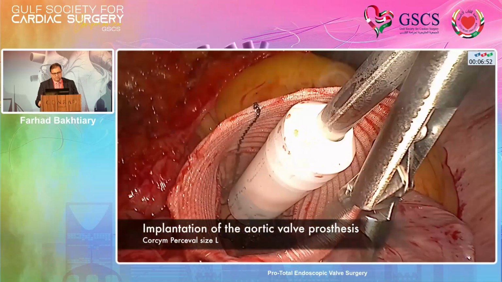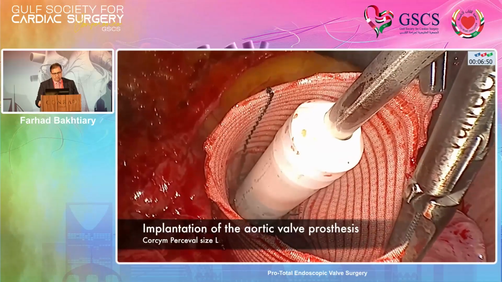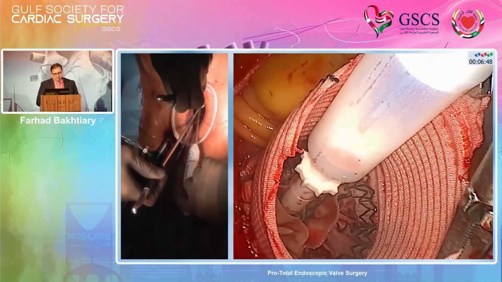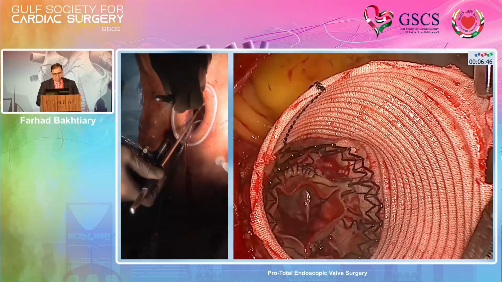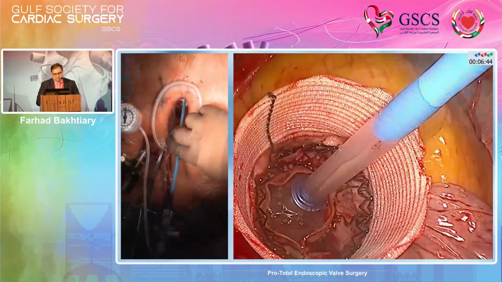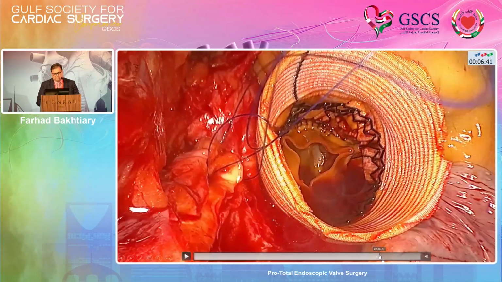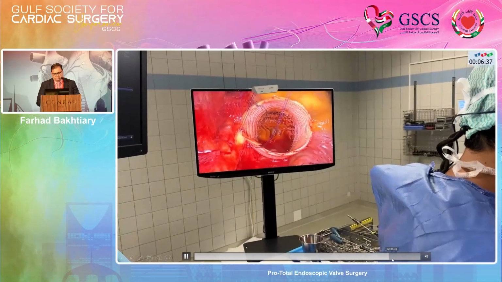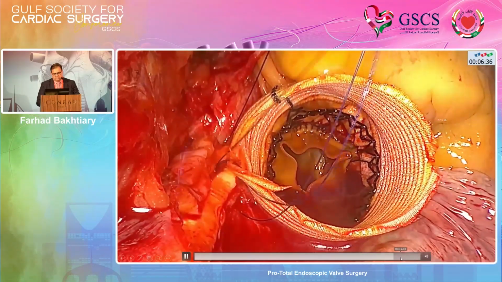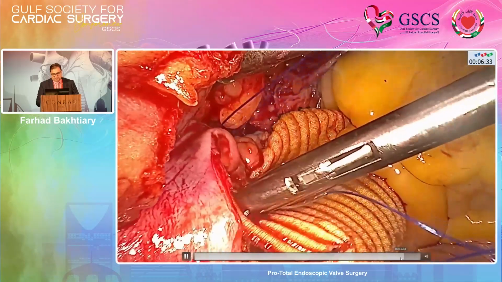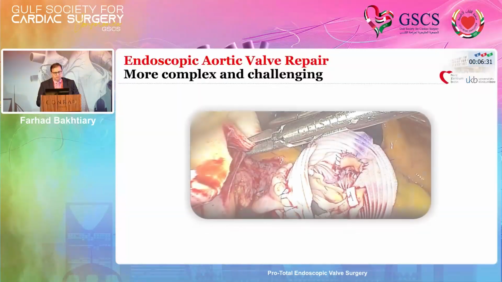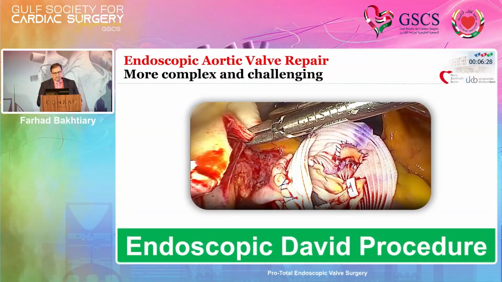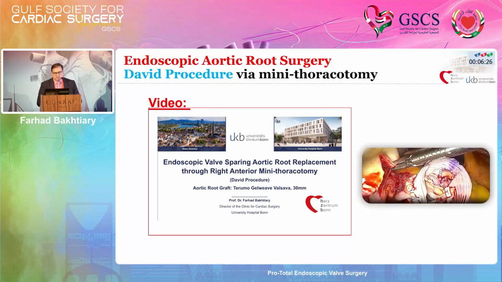a Perceval Plus. And you also save another suture line, and then move to the last anastomosis and finish the surgery. So if you go to more complex and challenging cases, also the David procedure, and